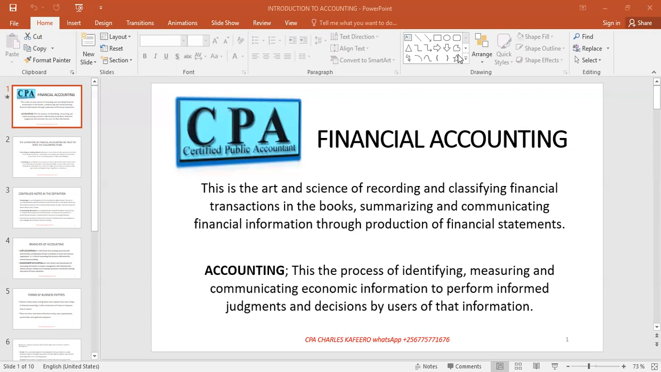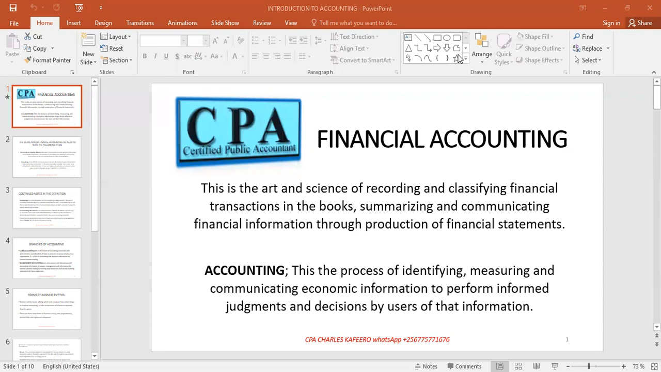Having got the value, you then communicate that information. First of all, we communicate it to the management. Those are the internal users, management, and let's say the directors, for them to make decisions on the day-to-day running of the business, as we shall see. Then allow me to proceed to financial accounting, because accounting itself has branches,